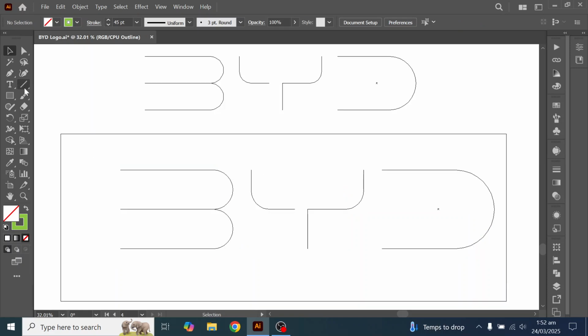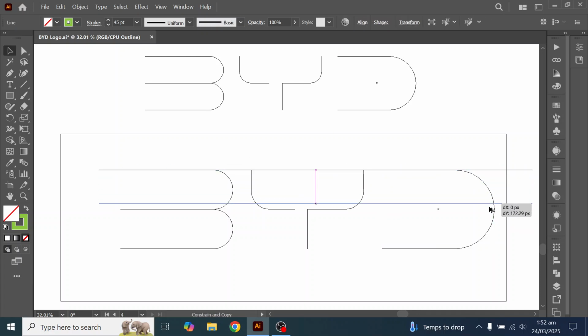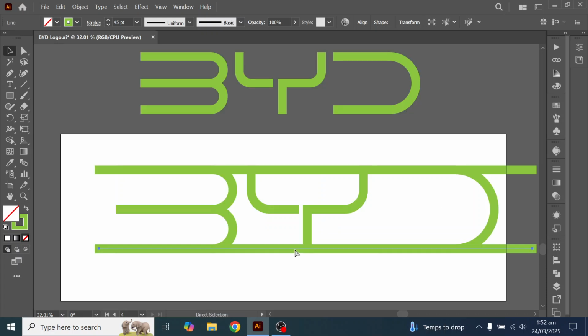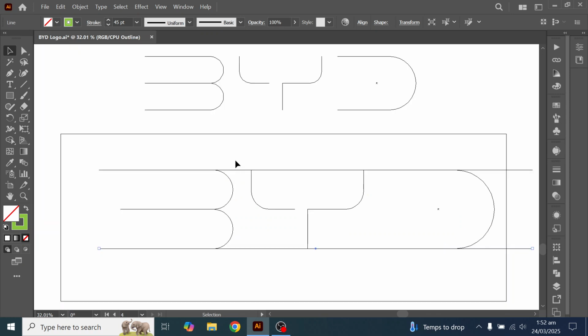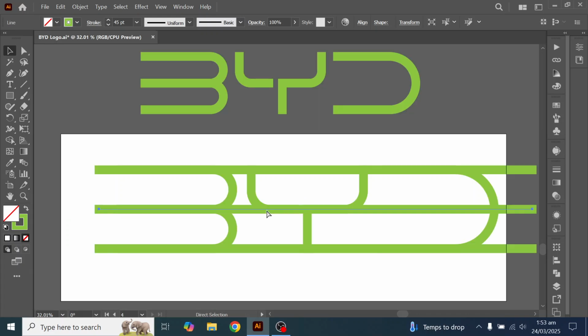You will see everything is in line. If you draw a line there, you will see everything is perfectly in line. If you drag the line below, you will see everything is in line. And not only this, but even if you make the line in the center, you will see that it's crossing from exactly the same part of each character. And one more thing,